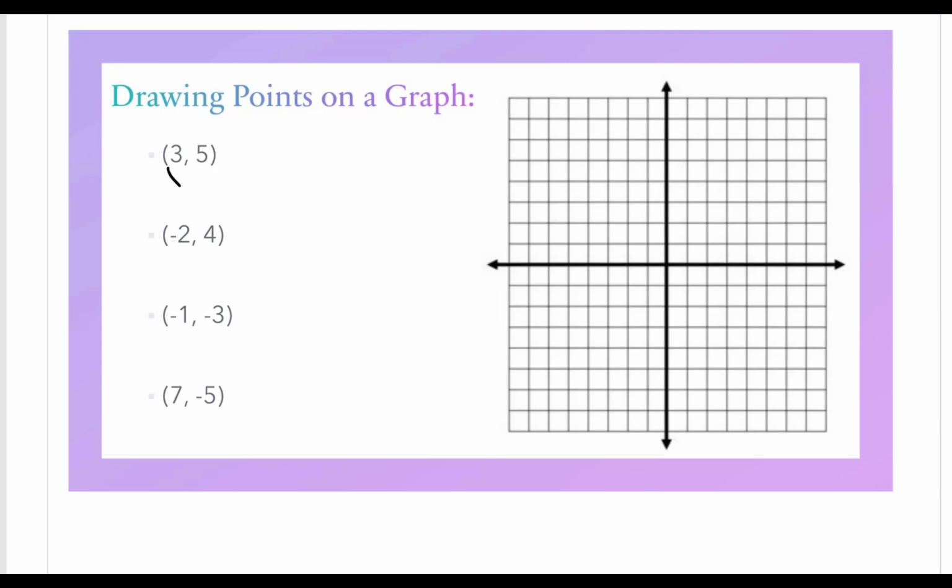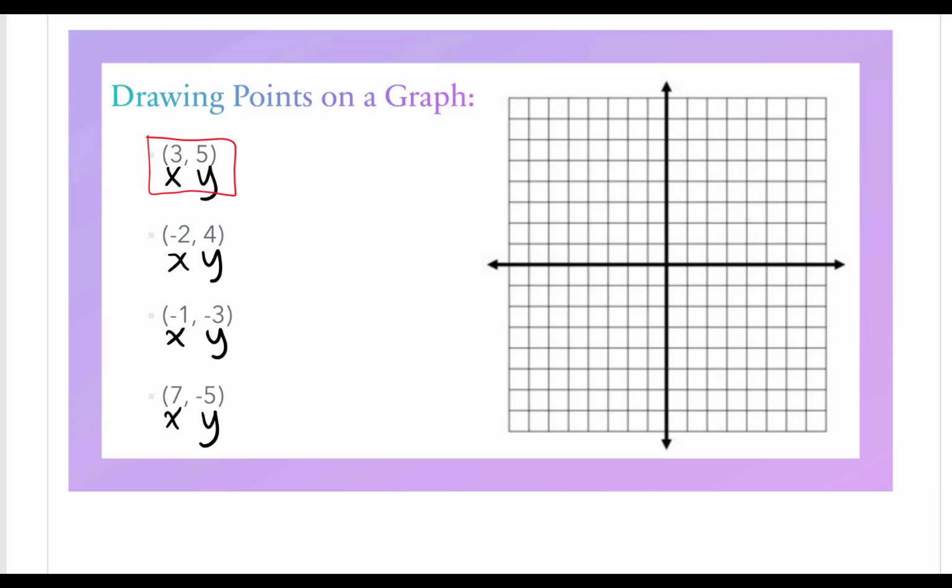3 is x, 5 is y. Negative 2 is x, 4 is y. Negative 1 is x, negative 3 is y. 7 is x, negative 5 is y. So for the first point,